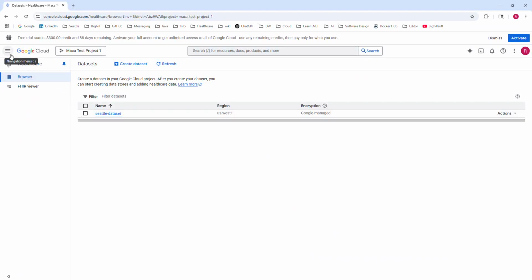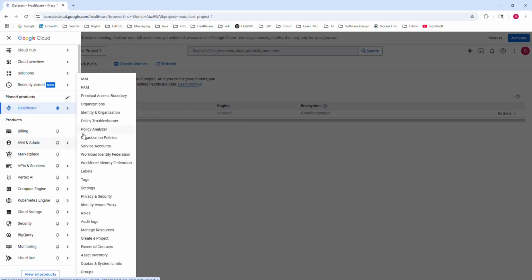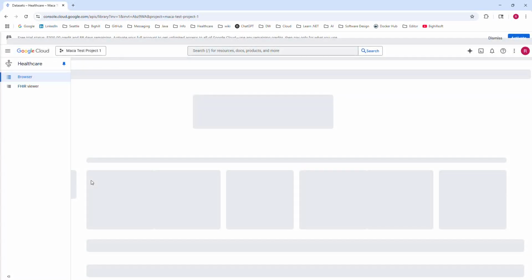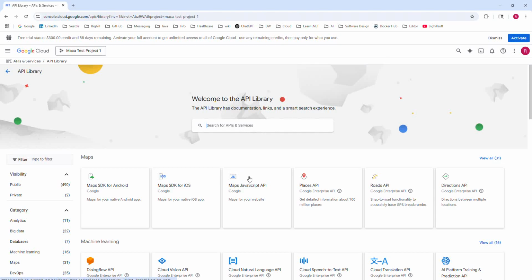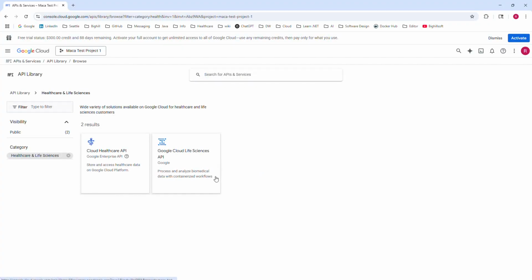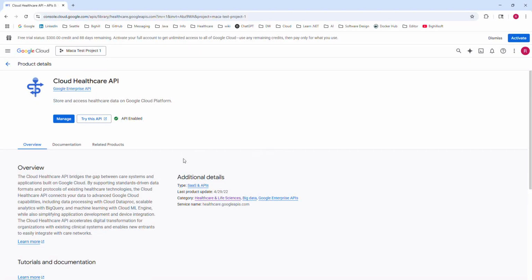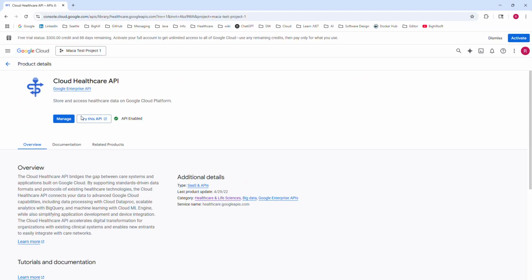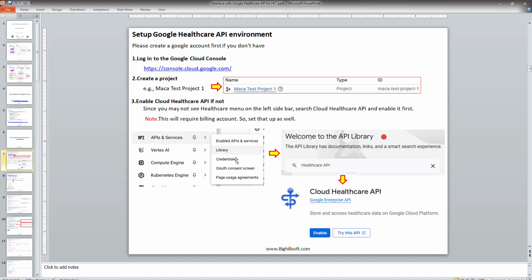So if you go here, on the left side, there is APIs and Services, and then there is Library. You can click here, and it will show the entire list of the library, and you can search here, or you can scroll down a little bit, and there is a Healthcare and Life Sciences option. There are two results. On the left side is Cloud Healthcare API. I already enabled that one, so you can click this one, which is enabled from your side, and then you can go to